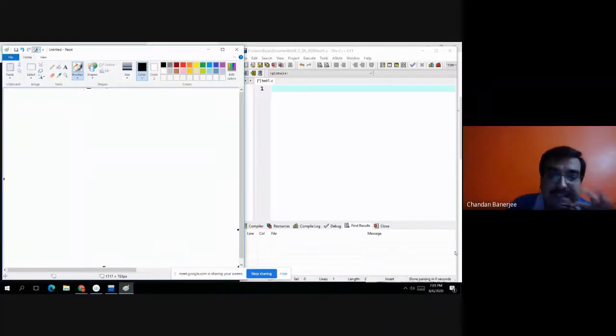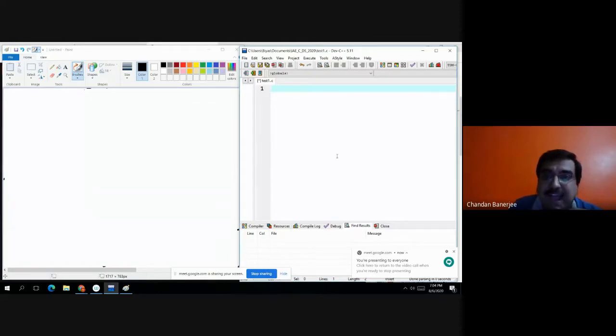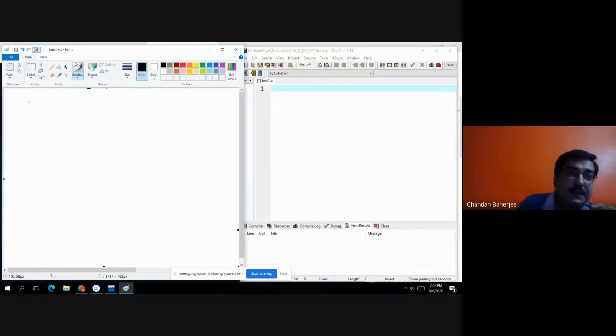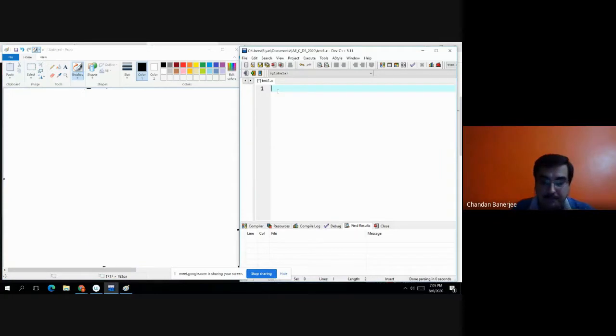So basically, on the right hand side, I will type the C program, with the Dev-C compiler open on the right hand side, in this section where the cursor is blinking. On the left hand side, in this section, I will use the whiteboard. Okay. So fine, in the C program, first you have to write main.